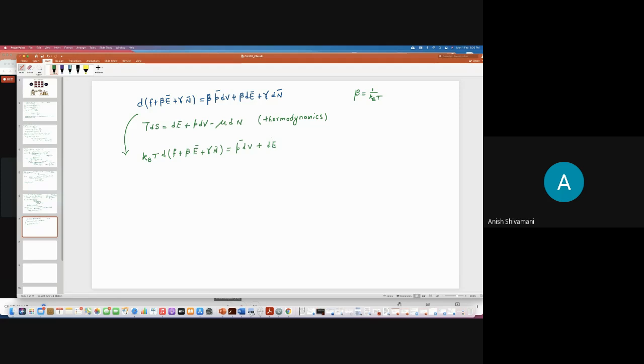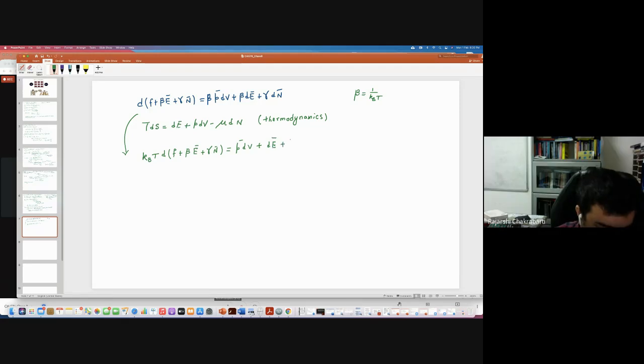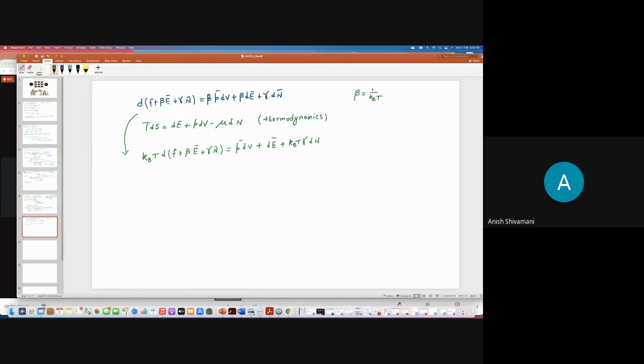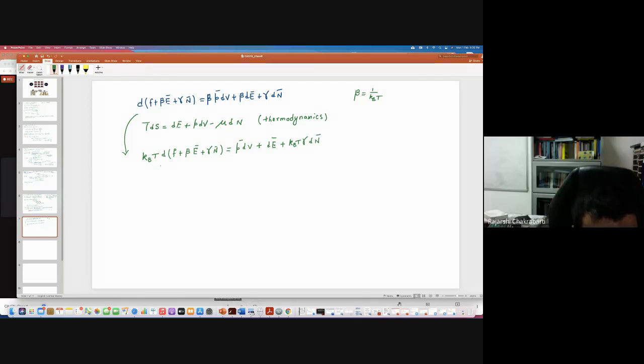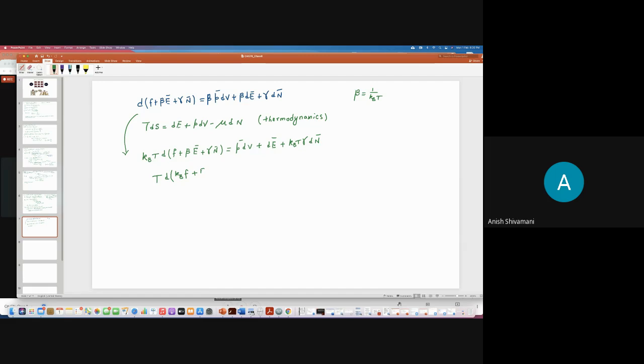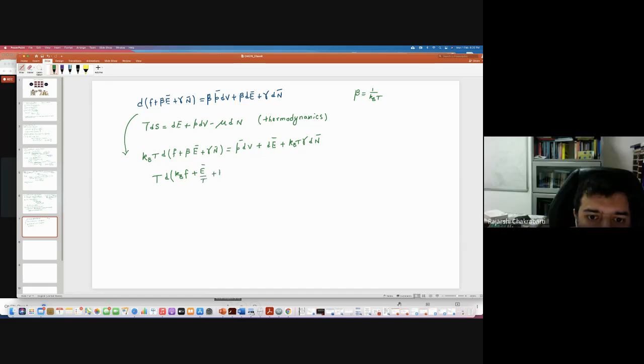What about this? Gamma kBT. And this one I can write as T d of kB f plus, now beta is 1 over kBT, you multiply this with kB, what is going to happen? 1 over T, E bar by T, plus kB gamma n bar. This is equal to